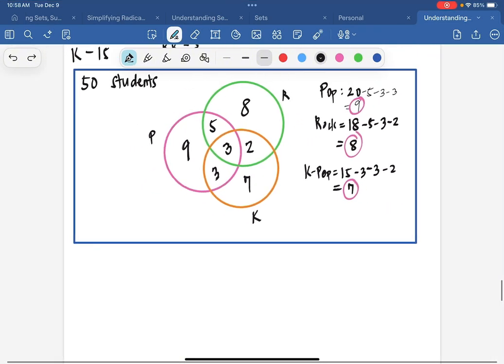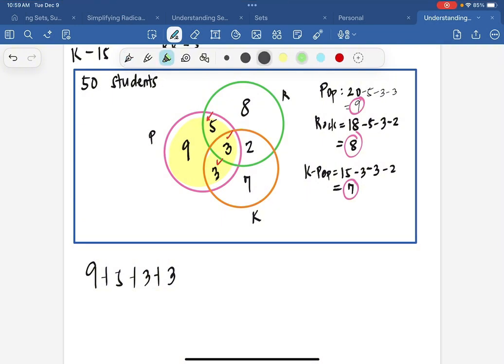So we get to have here in this circle 9 plus 5 plus 3 plus 3. Now that, as you can see, 5, 3, and 3 are already part of the operation, you go on to the next